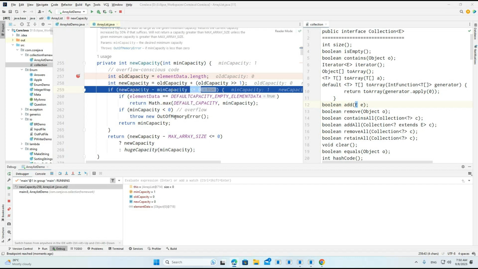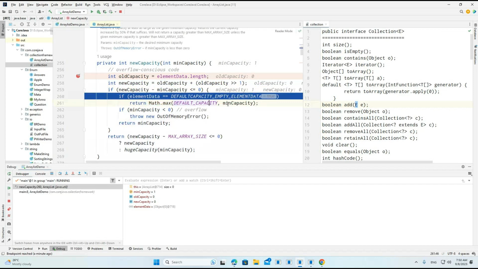So whenever we have this, what we are doing is elementData is equal to DEFAULT_ELEMENT_EMPTY_DATA. If you remember, this we passed in the above sections. Because of this, now we are getting this particular piece of code here. And in the second section, what we can understand here, we are getting the